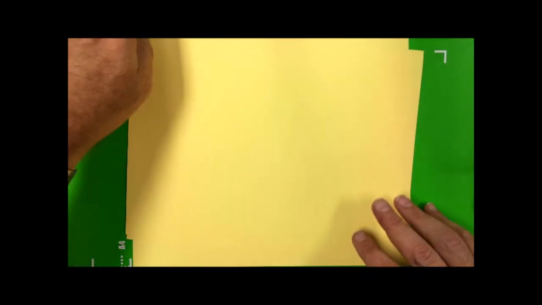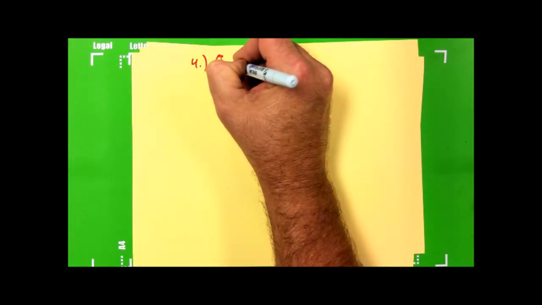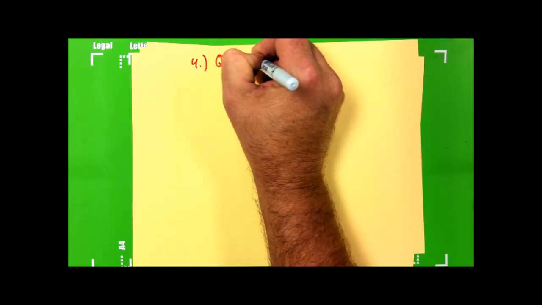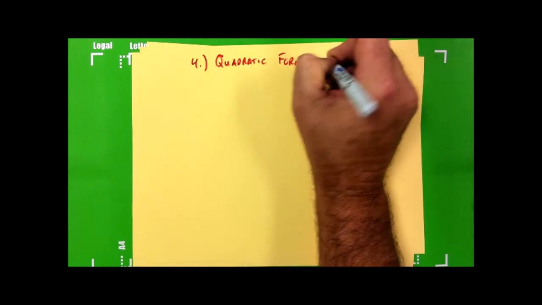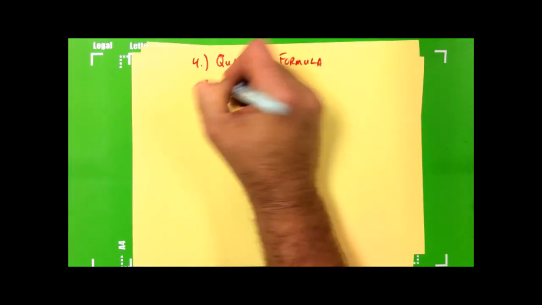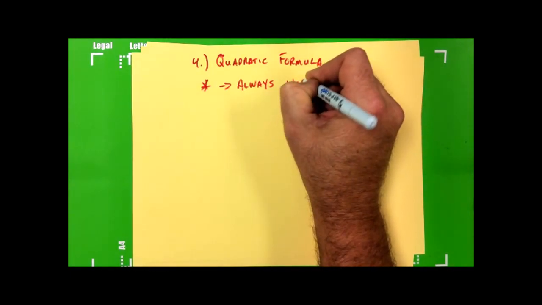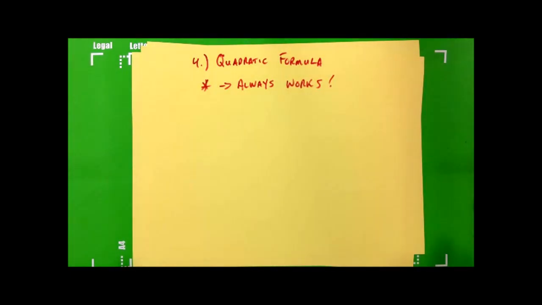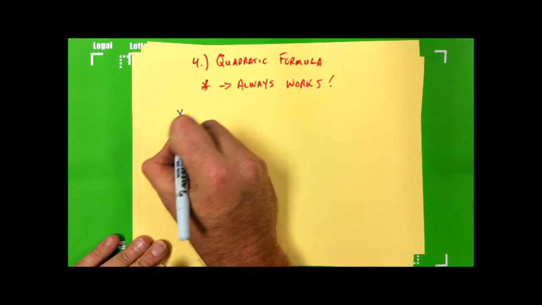Again, we'll talk about that a little bit later. The last method, of course, is our friend, the quadratic formula. And the nice thing about the quadratic formula, even though we tend to hate it, is that it always works. This is a one-thing-serves-all method, and you'll remember that what it means is I can get solutions